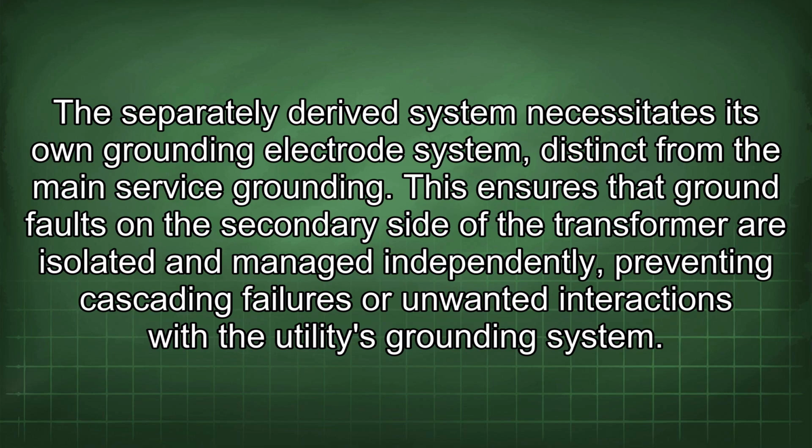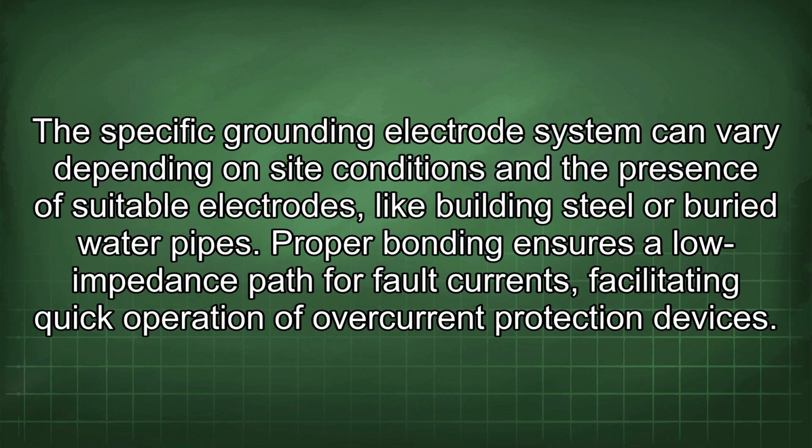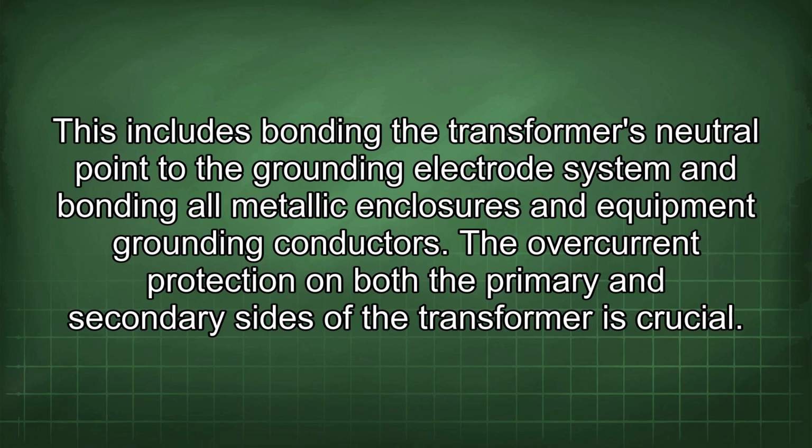This ensures that ground faults on the secondary side of the transformer are isolated and managed independently, preventing cascading failures or unwanted interactions with the utility's grounding system. The specific grounding electrode system can vary depending on site conditions and the presence of suitable electrodes, like building steel or buried water pipes. Proper bonding ensures a low impedance path for fault currents, facilitating quick operation of overcurrent protection devices. This includes bonding the transformer's neutral point to the grounding electrode system and bonding all metallic enclosures and equipment